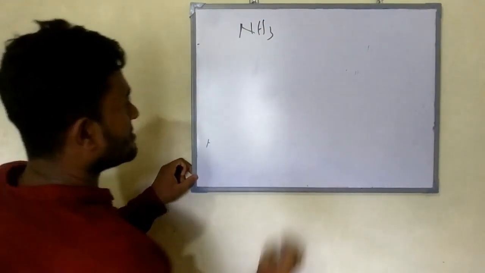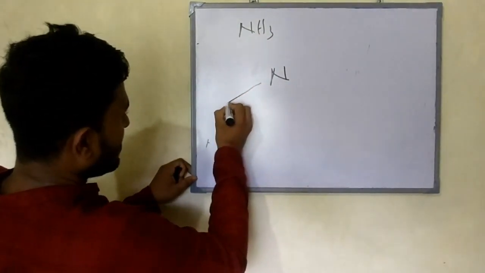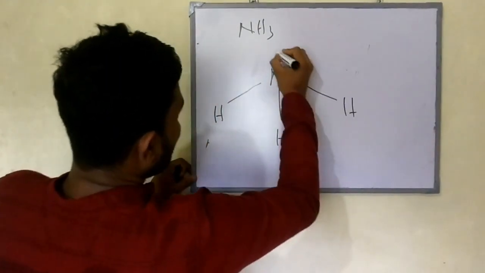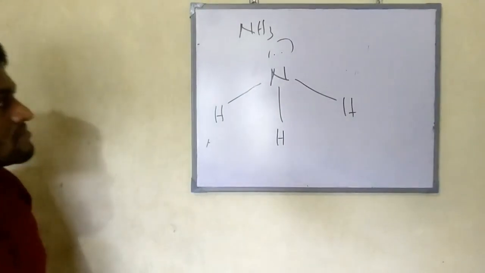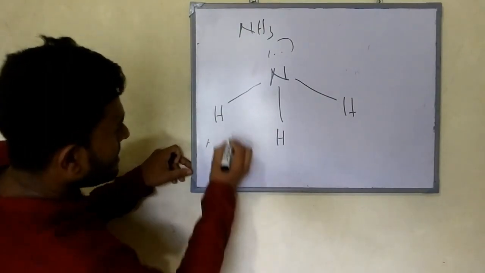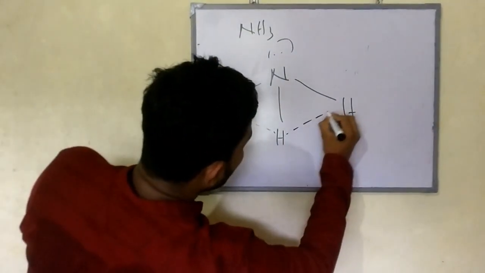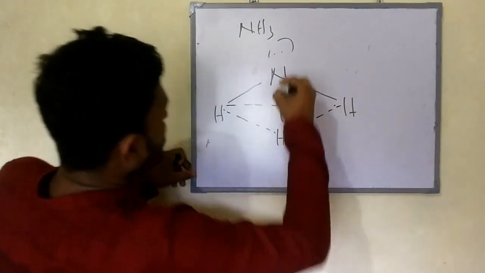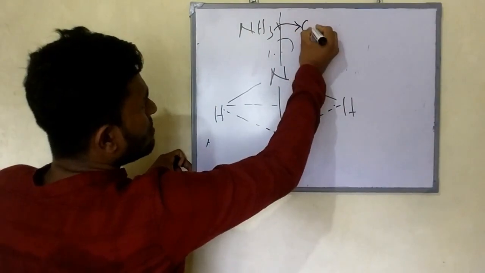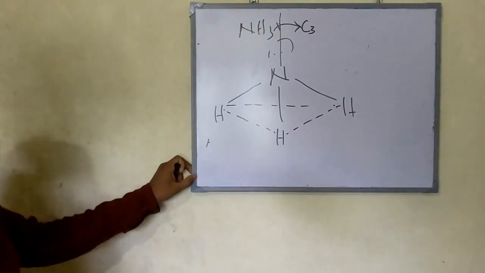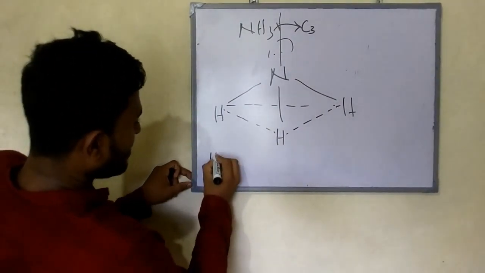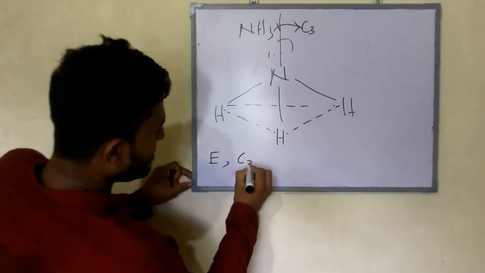This is your NH3 molecule. It looks like this. There is a lone pair here also. This is just like your previous example. Here also you can take that pyramid. So from this axis you can rotate the molecule by 120 degrees, that is C3. So E is possible, then C3 is possible.